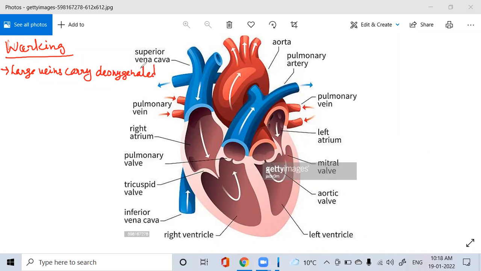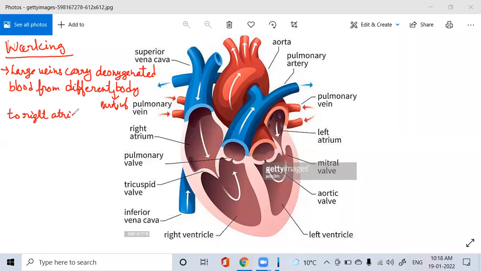Deoxygenated blood. Right? They carry the deoxygenated blood from different parts. All the body parts, they will collect the deoxygenated blood from different parts of the body, right? Where they will bring it to the right atrium,